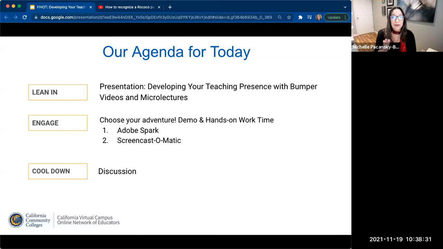Or if you'd like to learn more about Screencast-o-Matic and play around with it, you can follow Sean Valcarcel, who will be leading that demo. If you just want to learn on your own in quiet, that'll be a third option. That's also a good option if you already know Spark and Screencast-o-Matic and just want some hands-on time.